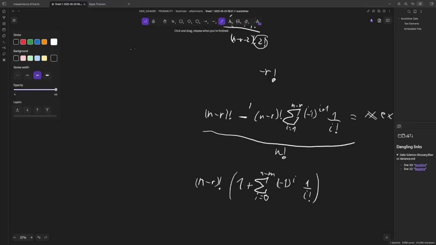Therefore, this changes to this. And all of this over n factorial is equal to g of n of r,